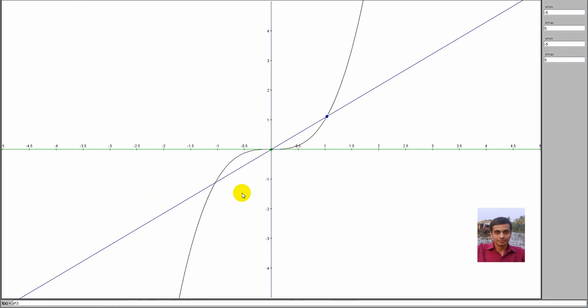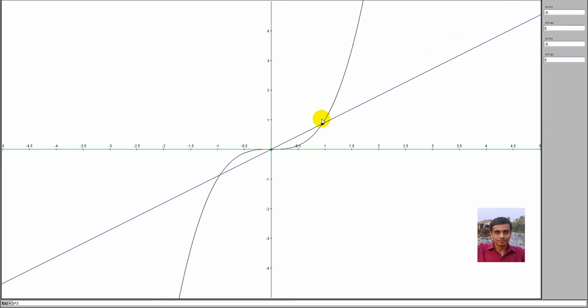I have plotted the graph of x cube. So this curve represents the graph of the function x cube. Students often feel that a tangent line cannot cut the curve or it cannot pass through the curve. Rather, it has to touch the curve. This is no longer true. For example,